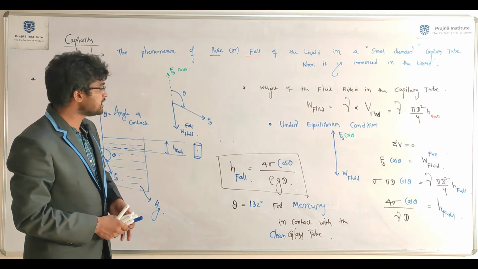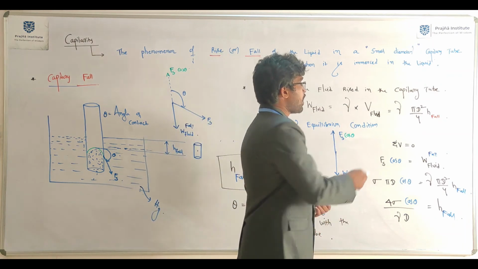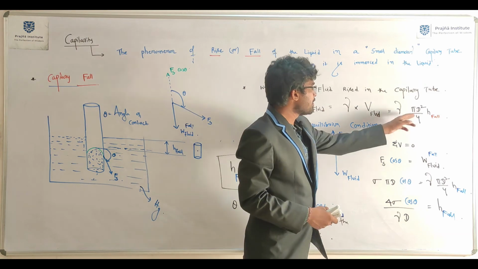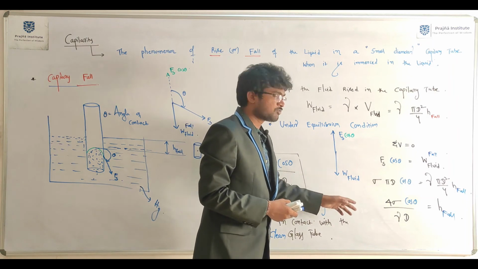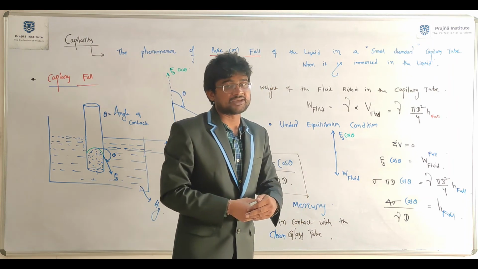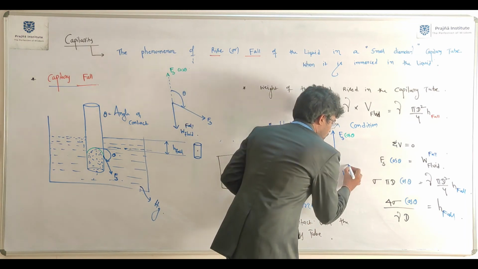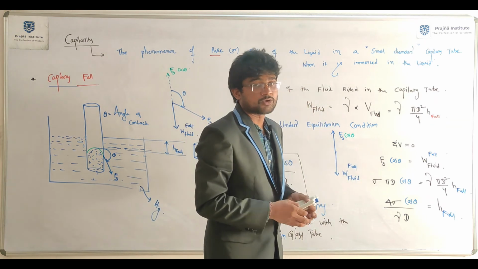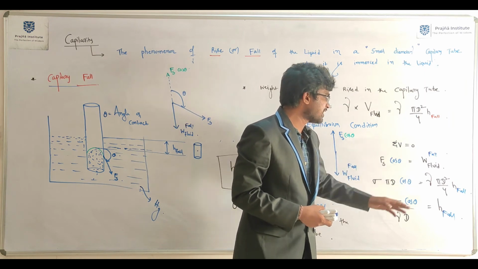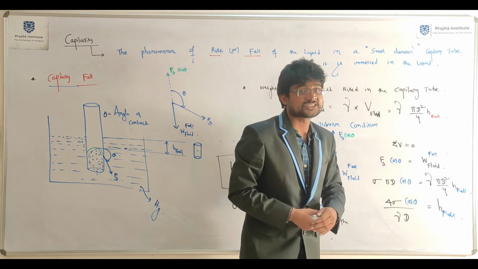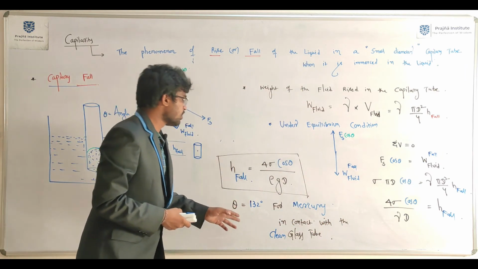We know that the weight of the fluid fallen equals specific weight into the volume of the fluid fallen. It is nothing but gamma into pi d square by 4 into H fall. Under equilibrium condition, the weight of the fluid acts in the downward direction, Fs cos theta acts vertically upward. Sigma V equal to 0, Fs cos theta equal to W fluid fall. Sigma pi d cos theta equal to gamma pi d square by 4 into H fall. So 4 sigma cos theta by gamma d equal to H fall. Okay, so here you got everything.